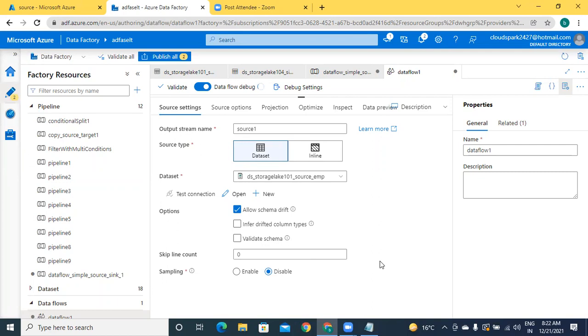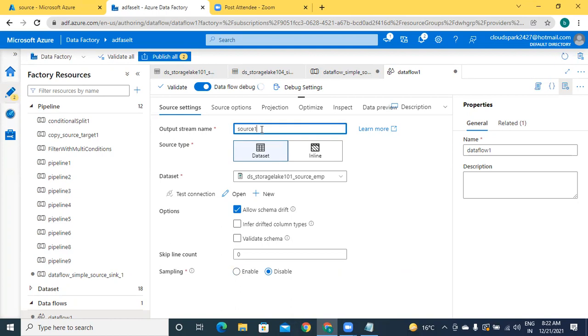Suppose they have given 4 lines of comments. I want to skip them. Then you have to specify your number, how many lines to be skipped. Here nothing is to be skipped, so I'm keeping only 0. Got it? And the next option is sampling, enable and disable. Suppose your input file volume is 1 terabyte.